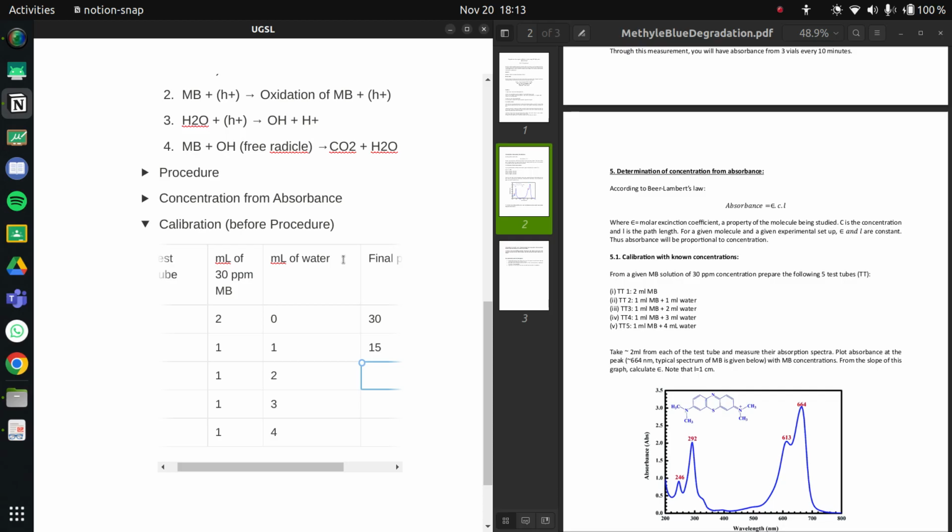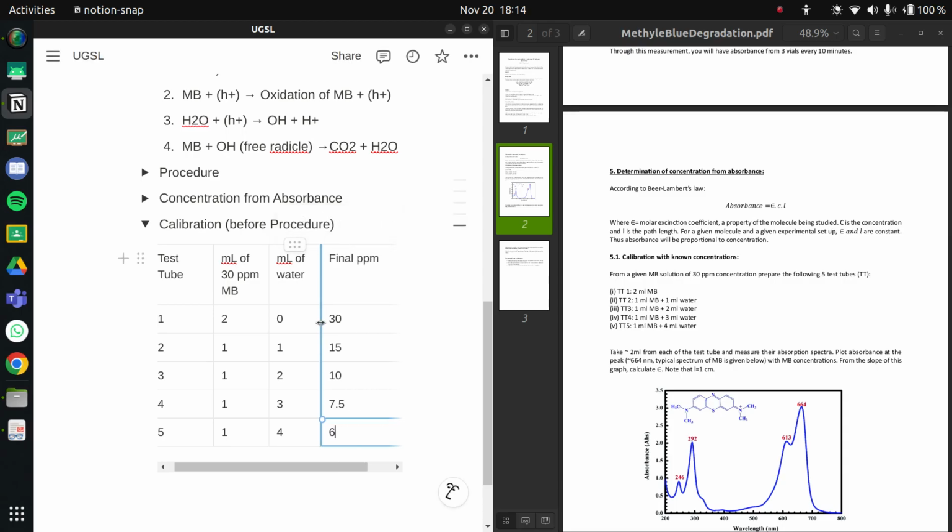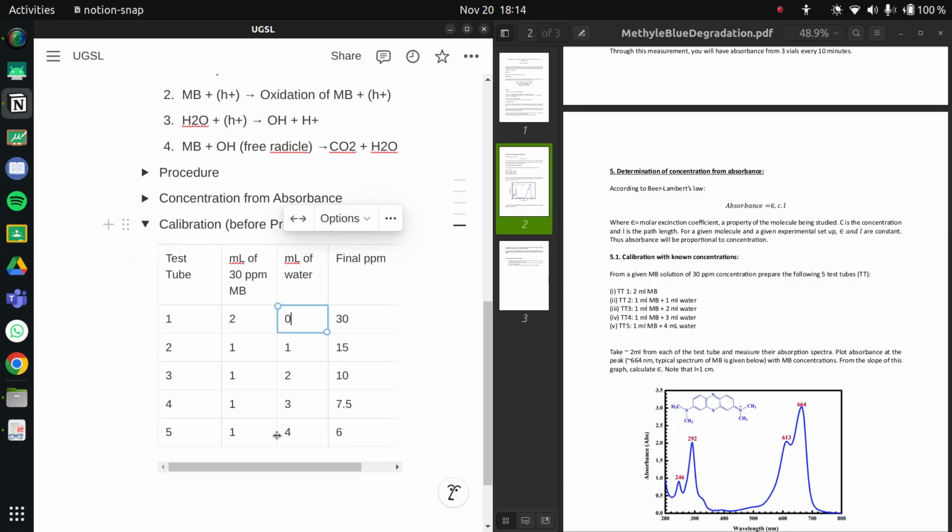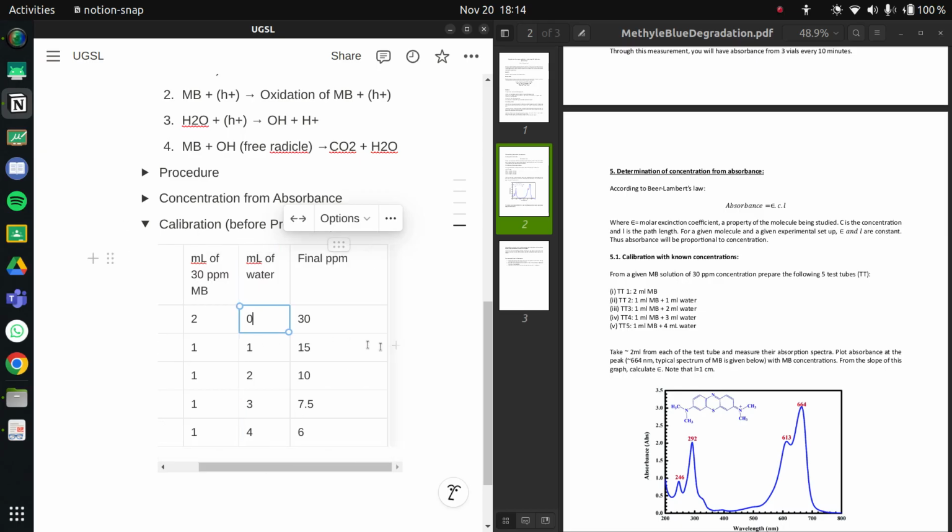Yeah, just 30 by 3, that's 10. 30 by 4, which is like 7.5. Okay, and then you got 2, so it's just 7.5. This is by 5, so it's just 6. Sure. So you do this thing, then